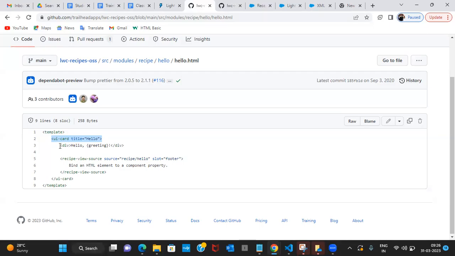Like, okay, hello greetings. For hello greetings, I have to give a div here. Let's see if I give the p tag, what will happen. Otherwise, they have given div. Div is the one, whenever we want to display some information, we write inside the div. Like that, each and